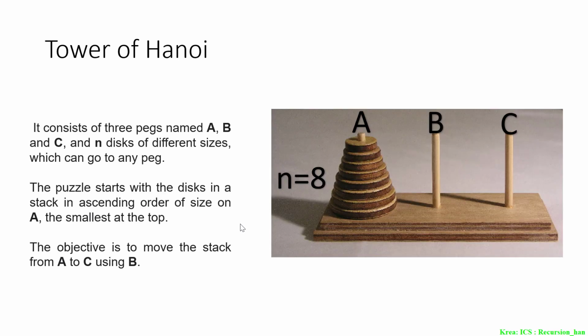Now we are going to consider the problem of Tower of Hanoi. In this problem, there are 3 pegs A, B and C, and you've got n disks of different sizes and they can fit on any of these pegs. The puzzle starts with the disks in a stack in ascending order of size on peg A. And the objective is to move this stack in this configuration itself, that is in ascending order, onto peg C. And now you have to observe some constraints.